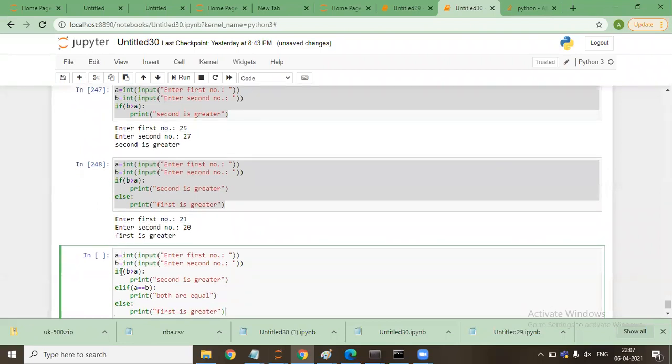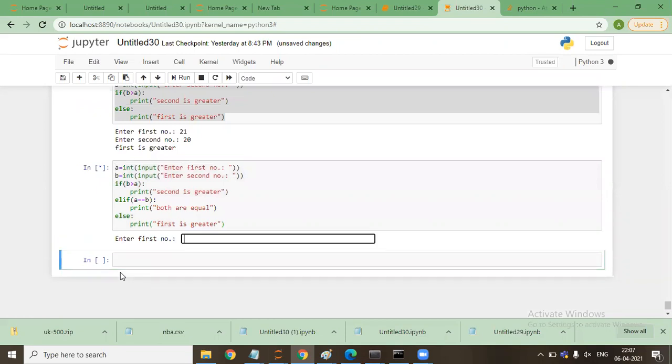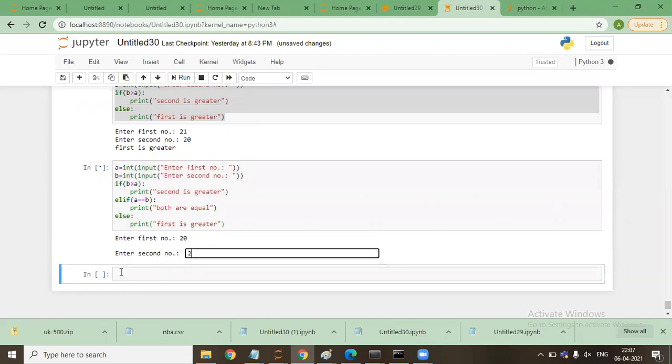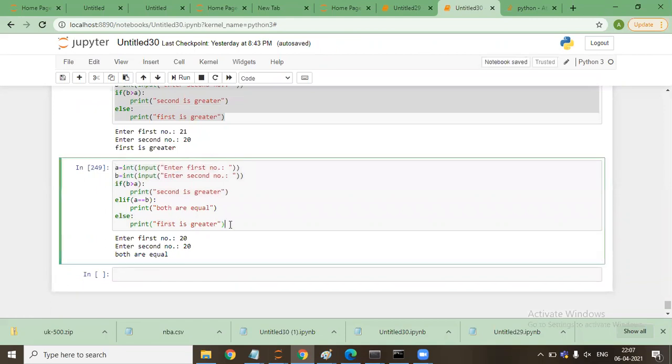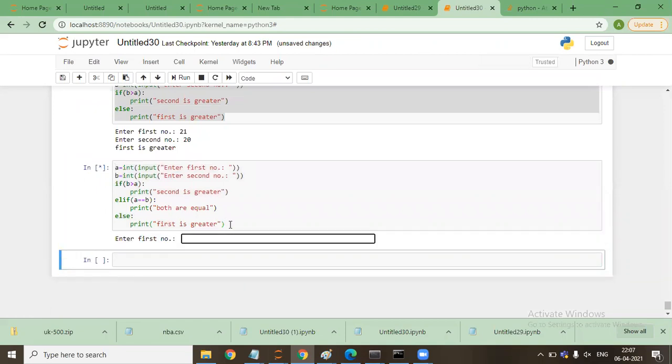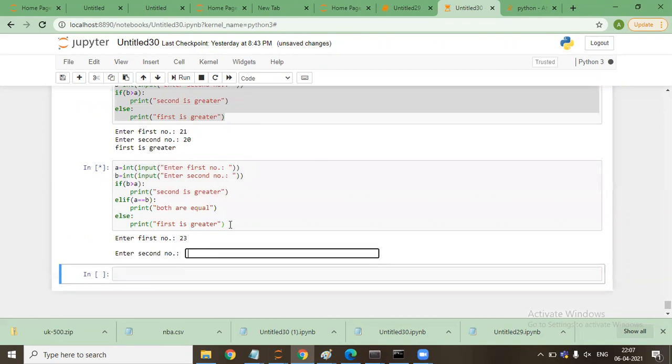Shift enter. First number 20, second number 20, it says both are equal. If I execute it again, first number 23, second number 10, first is greater.